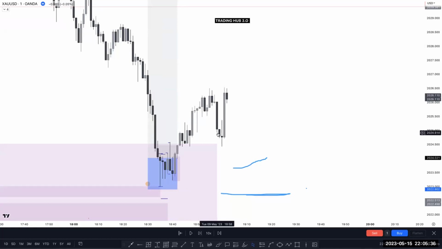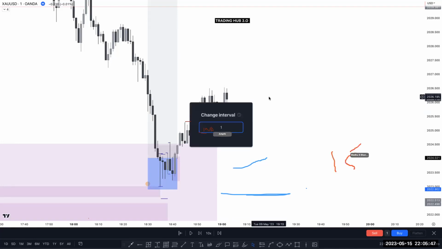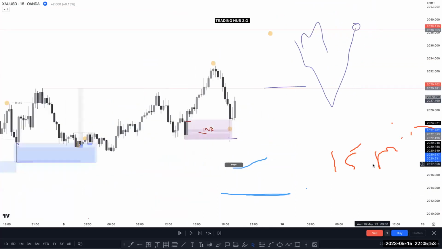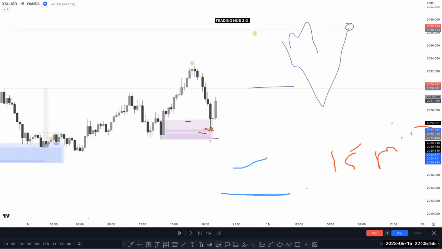Any possible entry is here. This is internal within internal, and this is a micro structure here, but I'm not interested in buying or selling anything here. You have to switch here to a 15-minute time frame, because in the lower time frame the refinement, like choch, is very far away. That's why. So here you can see